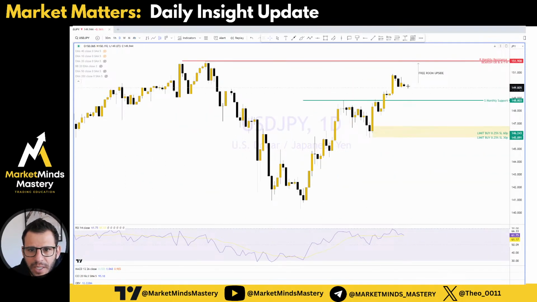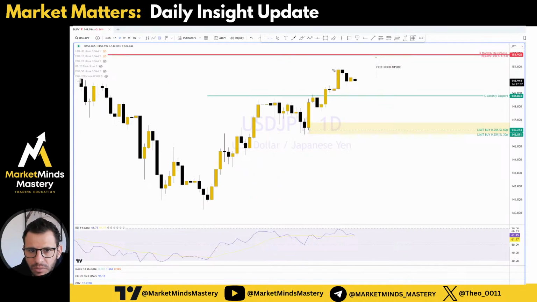USD Japanese yen, guys, price is in an uptrend. In my opinion, there is more room for the price to move upwards. So we are still trading within this bullish candle high and low, the boundaries of this bullish candle. So 1, 2, 3, that's the fourth one that hasn't broken yet the upside or the downside